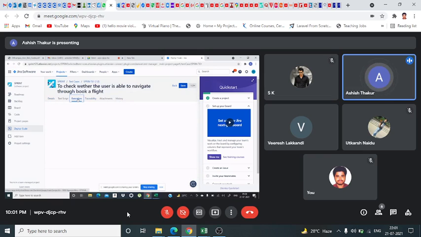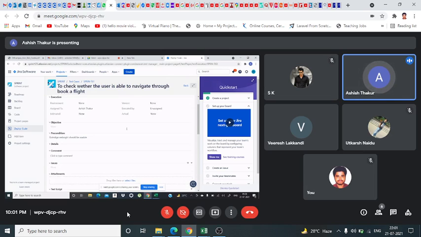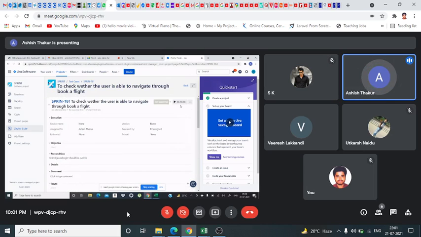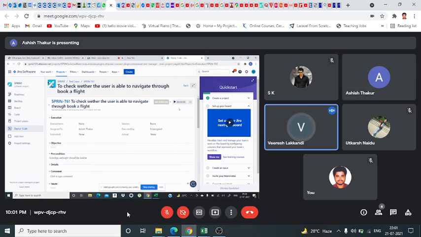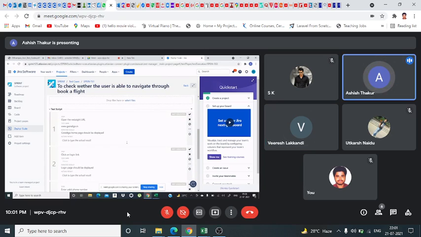Now come to execution. See, now you can see that it's not executed. Click on this. Now you will have to execute, and this is a timer. We have to run the timer according to our exact test, where we go to the website and put this in. It's not exact, but you can estimate. Now here we will have to write the actual result.